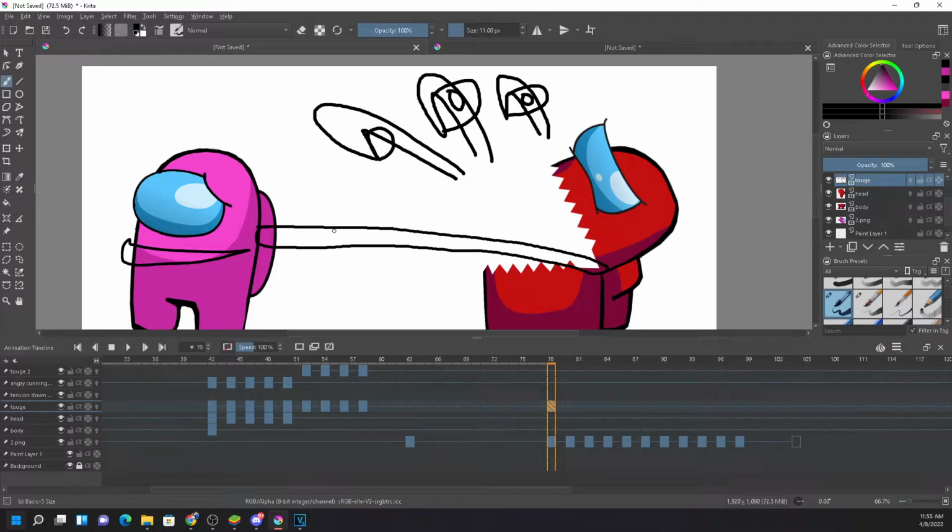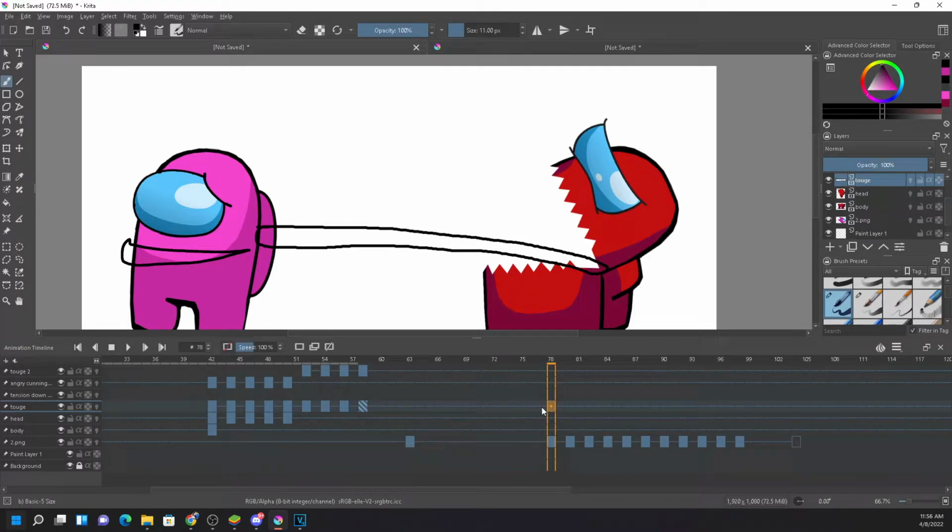I don't know where the character is first, and if I move only this tongue layer first, I don't know how the character size will appear. So I need to adjust. It will become smaller. I don't want to adjust according to tongue size. I need to adjust according to the character size. That's the main important thing. So that's why first I move the character. Now the tongue will be adjusted according to this one.